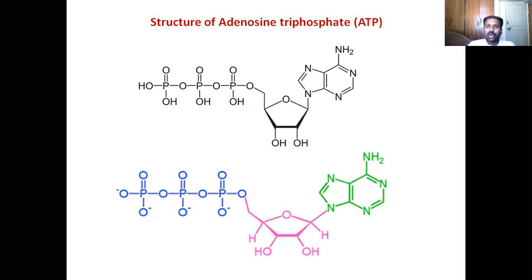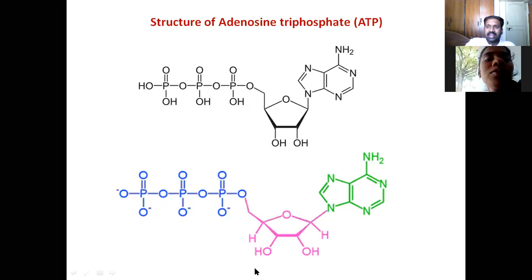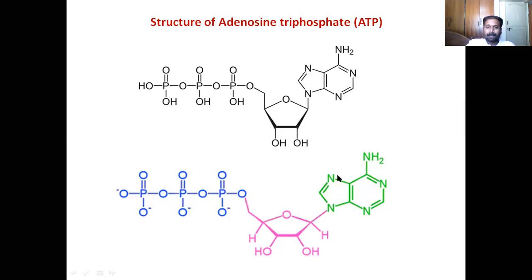Anyways, I hope you can now, with a fairly detailed explanation, write the structure of ATP. First write the ribose sugar. At C1, link it to the nitrogen of the adenine. Write adenine and link it. C5 oxygen, link it to phosphate. Taken together, what does this represent? Adenosine triphosphate. So what is it? This is a nucleotide.